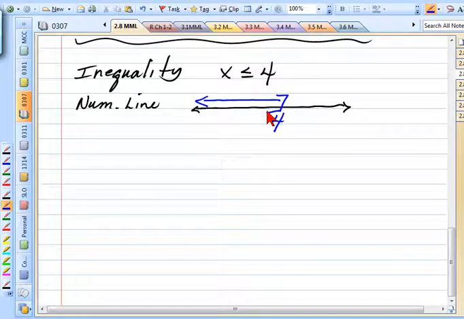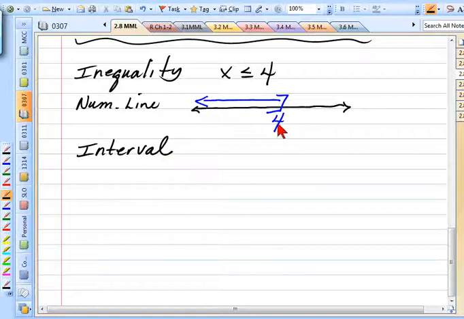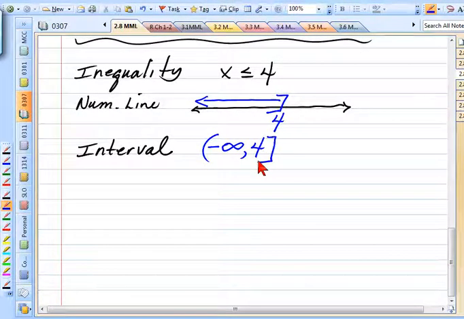If you're looking at the number line, you can pretty easily write the interval. You look from left to right. What is the leftmost value? Negative infinity. And the rightmost value? 4. The negative infinity must have parentheses, and then what goes at the 4? Bracket. Okay, are we feeling sort of okay about intervals? Okay. Let's go on